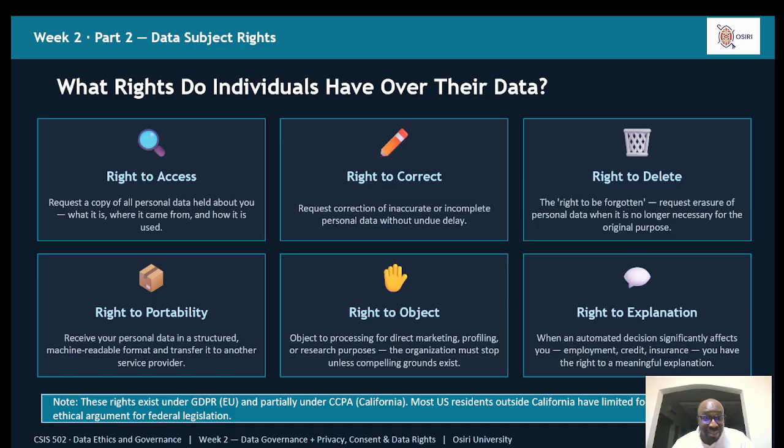I should have the right to receive all my information in a readable format, and I should be able to transfer it to any service provider of my choice. I should also have the right to tell any marketing agency that holds my data, such as Facebook and WhatsApp, don't use my data for direct marketing. Don't use my data for research. I should be able to